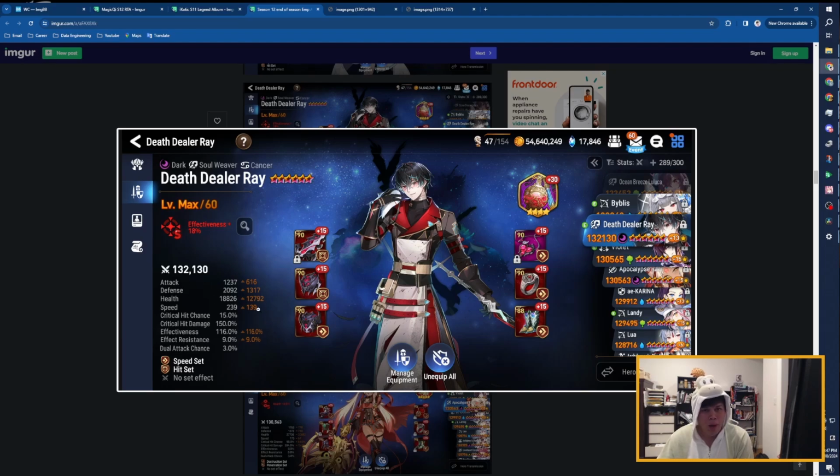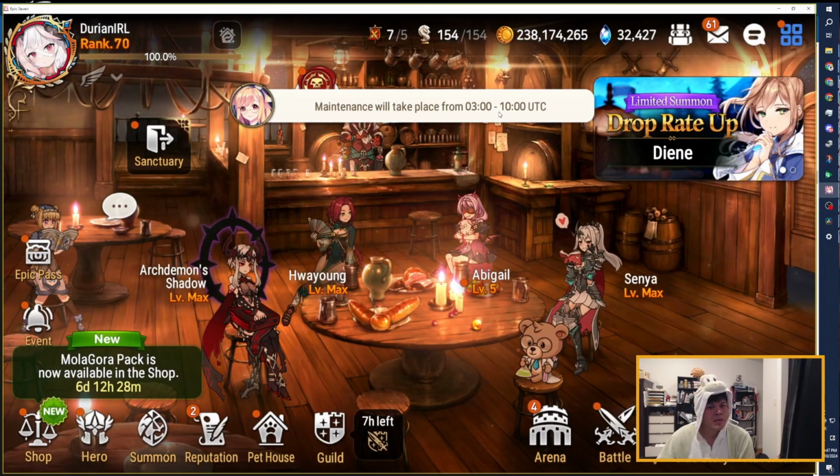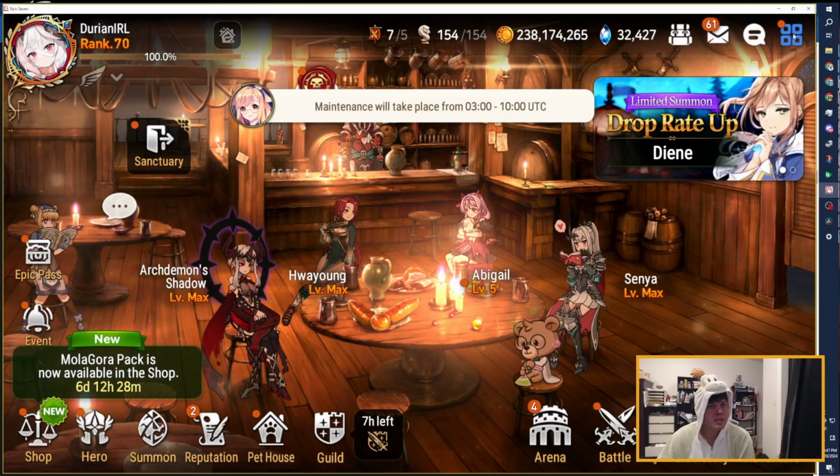And for my build, my style in particular, I really want these tanky versions with like 1900 defense, 19 HP. That's probably the main thing I'm going to be shooting for, and then the rest of it will kind of come out. So we've got a plan. Let's get to building. Oh, we got maintenance in maybe 10 minutes, so